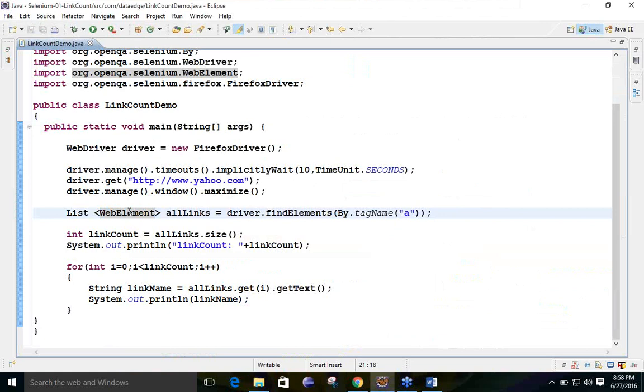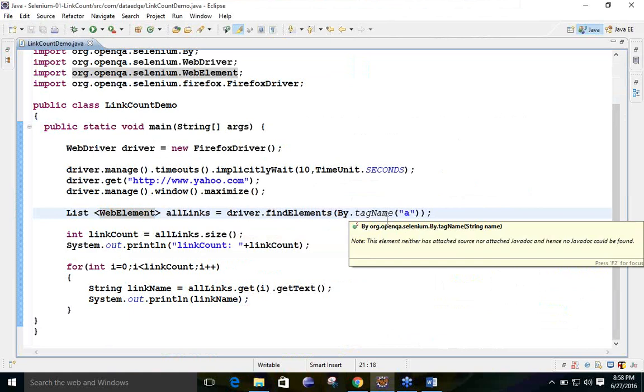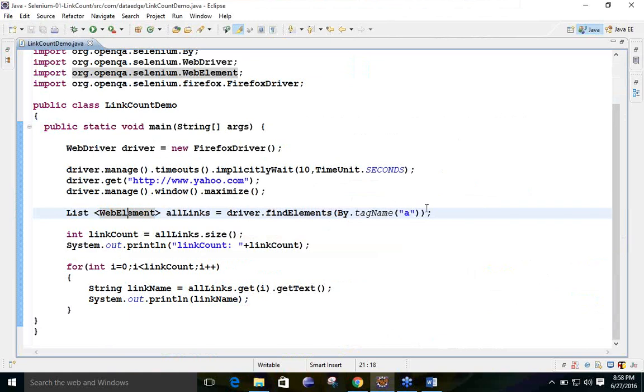Up to this one, is it clear? Vikram, so now a web element is something that is there on a web page. It can either be a link, a text, anything, right? Yes, text on buttons, text on links, everything is a web element. So what we have done, we need to specify the elements, that is the tags, because we are using the tag name. So it will only search for the tag. It is not going to search by ID and name. Sarnan, up to this one, is it fine?